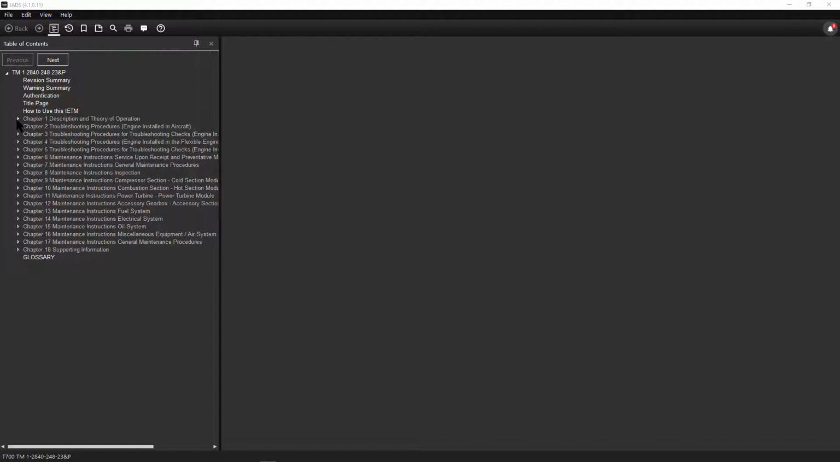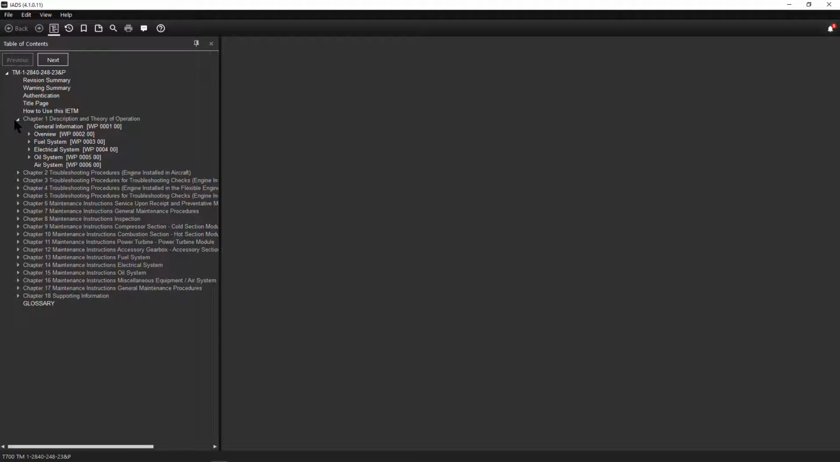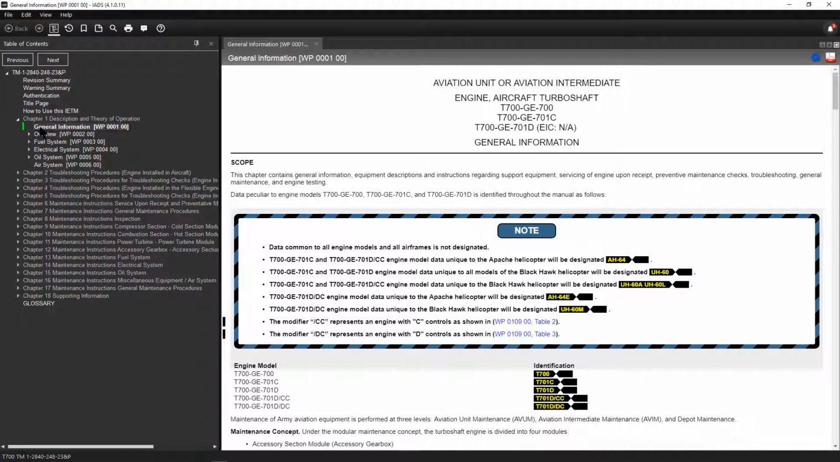When we open up chapter 1, description and theory, you'll see the subcategories after your general information. It'll give you the overview, fuel systems, electrical systems, oil systems, and air systems. When we go into the general information, this chapter contains general information, equipment descriptions, and instructions regarding support equipment, servicing of engines upon receipt, preventative maintenance checks, troubleshooting, general maintenance, and engine testing. Data peculiar to engine models T700-GE-700, T700-GE-701Cs, and T700-GE-701Ds is identified throughout